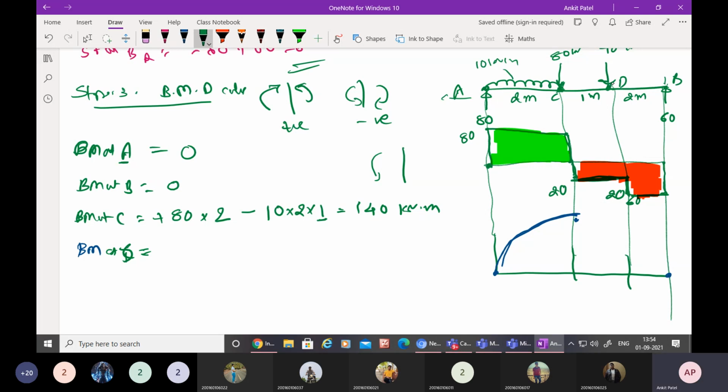Dear, you have to put your thumb over here and finger over here and just start calculating. Why are you thinking? 80. Yes, very good. 80. Only if you speak will you learn it. 80 into 3. Yes, 3, because you are over here and the load is located over here. So why are you taking 2? 2 plus 1, 3. Simple. This is just the thumb rule. Okay, 80 into 3. Don't worry.